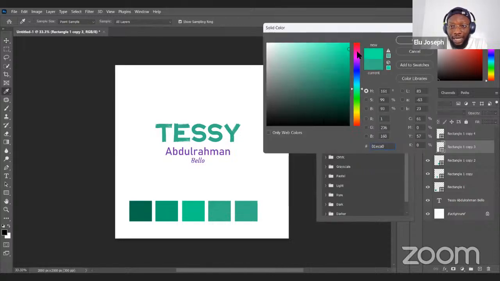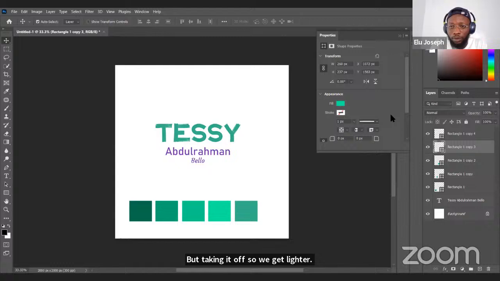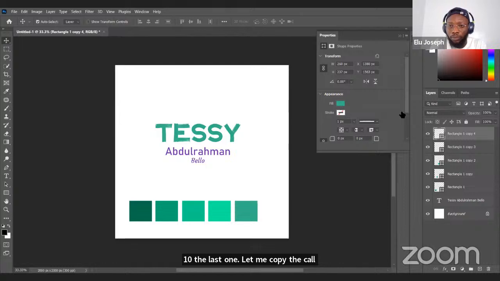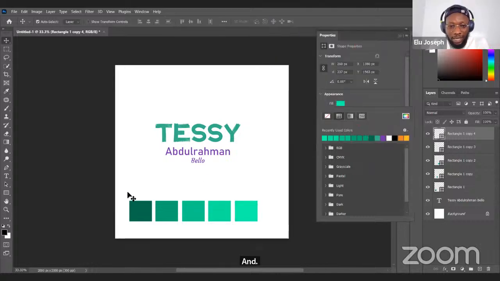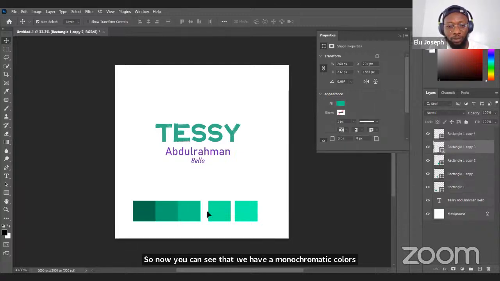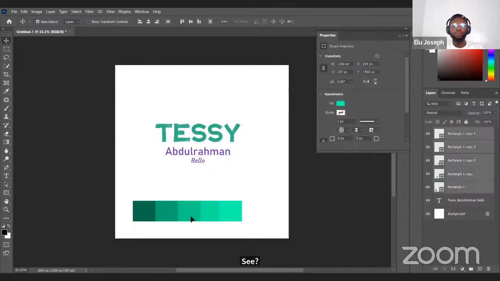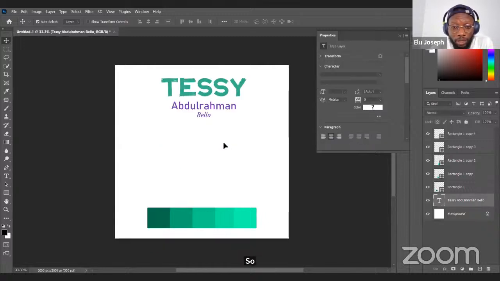We're taking it up so it gets lighter. Then the last one. Hold on, I didn't copy the color scheme. And it's up all the way up. So now you can see that we have a monochromatic color scheme here. See? That's monochrome. So now, let's separate these names so that